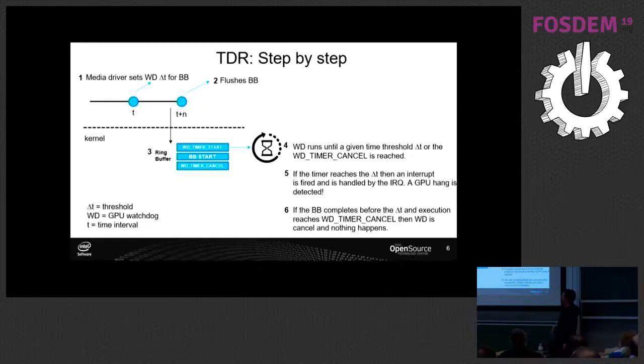Here's TDR step by step. I'm going to try to explain this in more detail, but basically that dotted line is the division between user space and kernel. The media driver acts as the application side, and it's the one that sets the watchdog threshold for each and every one of the batch buffers. So imagine you're decoding a video stream, VP8 or whatever. On each of those batch buffers, you can set the watchdog threshold, and then you can enable the watchdog timer. Then the media driver